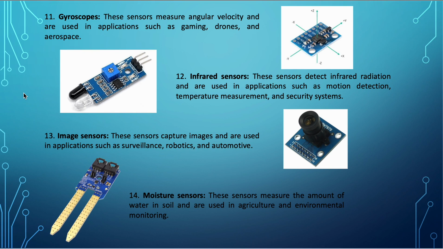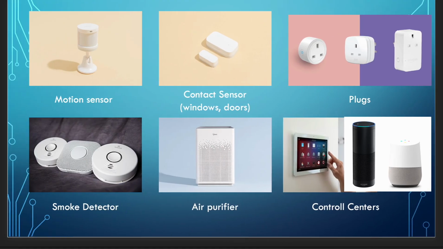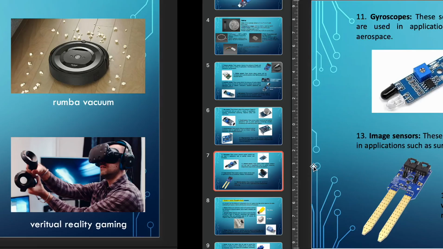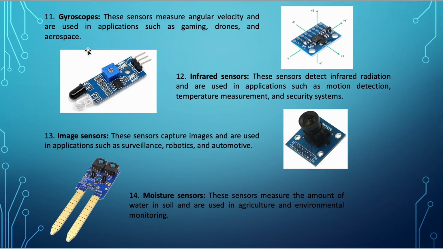Then here the examples are in gaming. We talked about virtual reality gaming in our examples. Gyroscopes right then and there. There will be gyroscopes in robot arms as well, to understand the positioning of the robot arm. Definitely there's going to be gyroscopes. Then drones